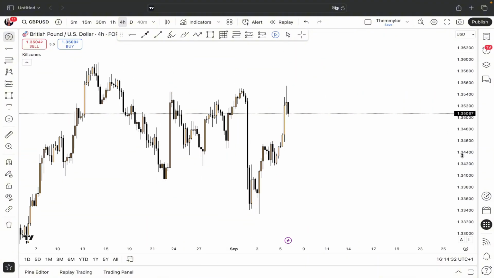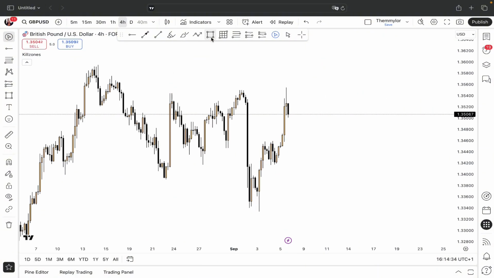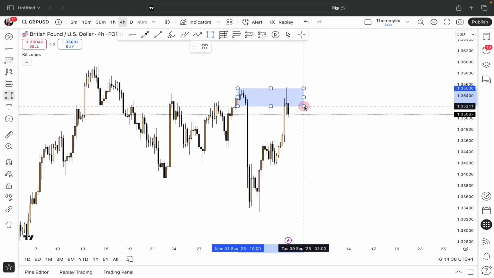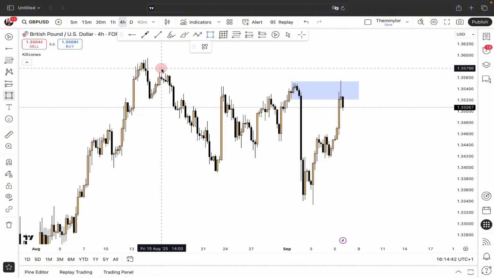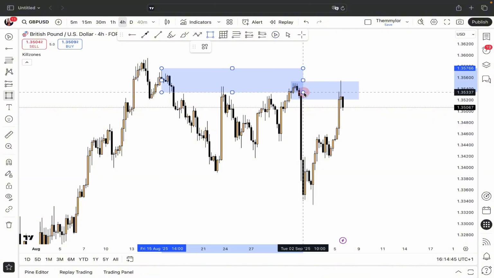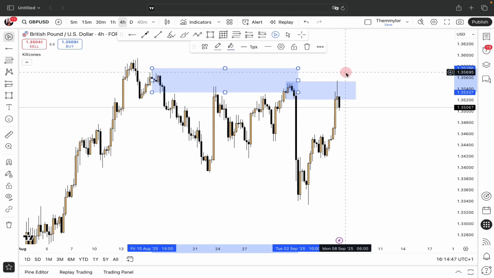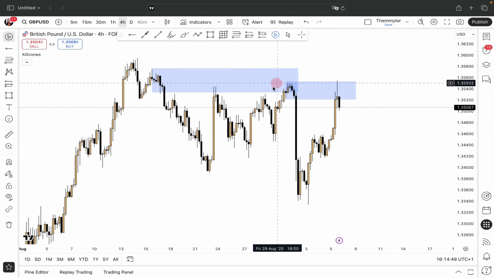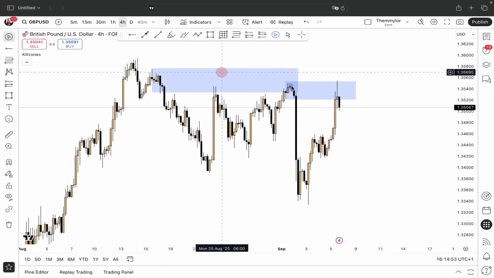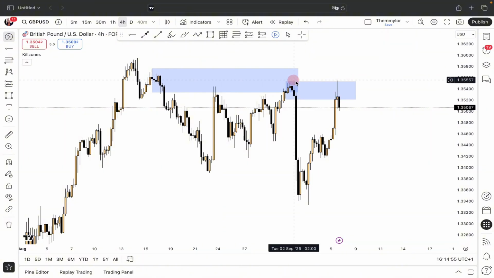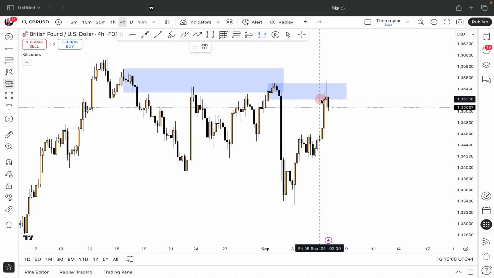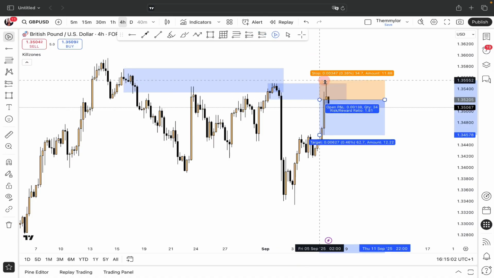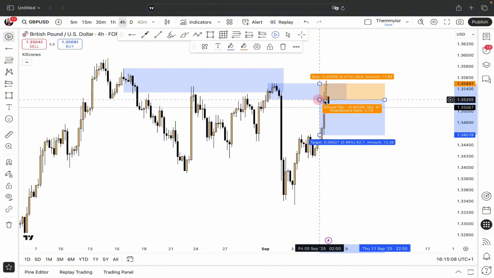So on Friday, since I already got out of my trade here, I had this particular zone marked up for a sell trade for GBPUSD, and as you can see, over the weeks we've been selling from this particular supply zone. Okay, so this is a good resistance area that price has been refusing to get past for a long time. So I had this sell setup, and I had an aggressive sell entry on this particular day on Friday,